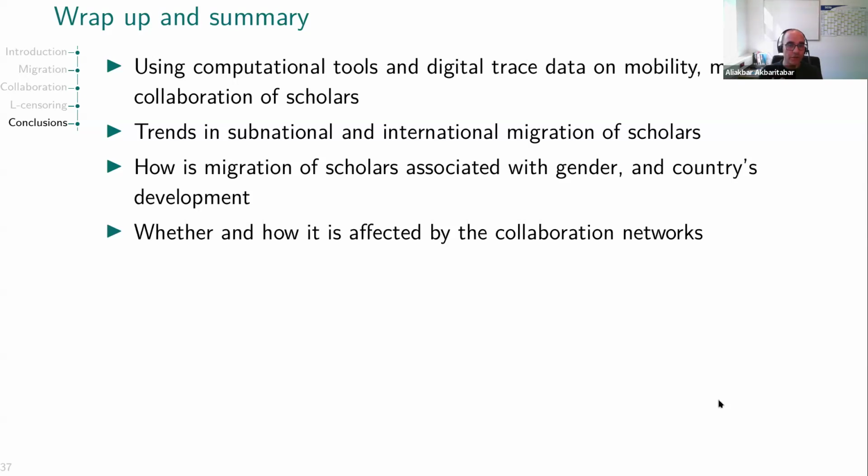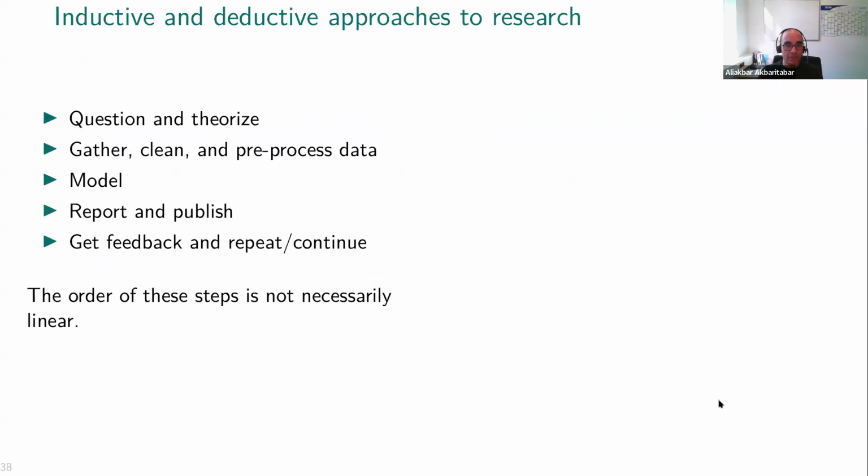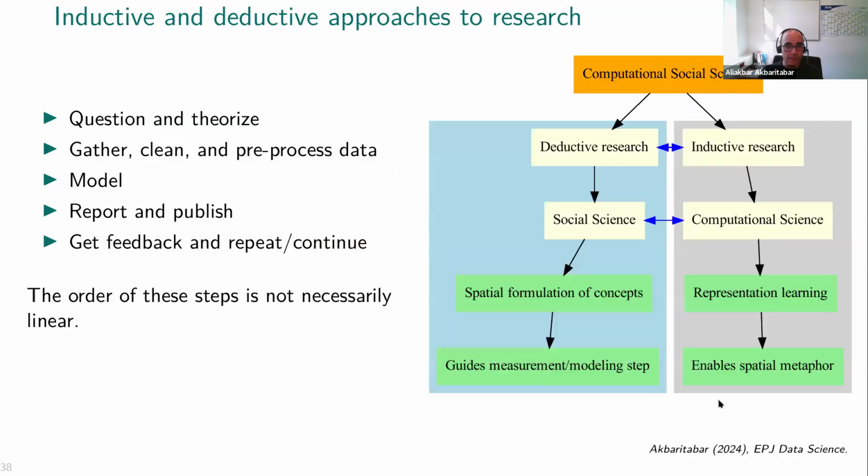Further, we looked at the effect that collaboration networks can have, or the role that they can play in scholars' migration and the decision of where they are going to go. And then we discussed the left censoring issues that can be present in such data, digital trace data, and how we can address them. These are the type of research that I would consider as the two sides of computational